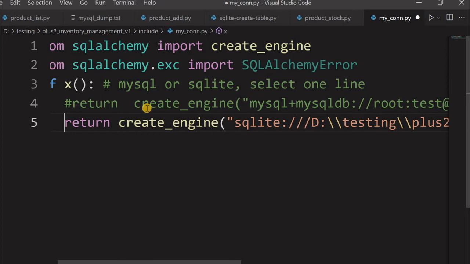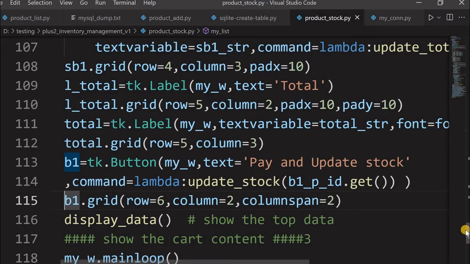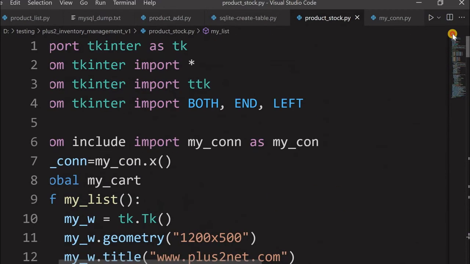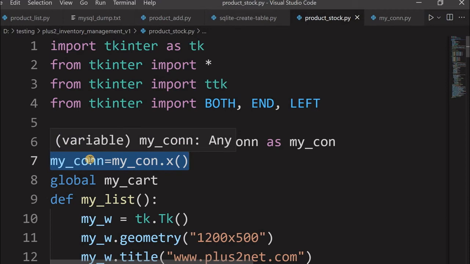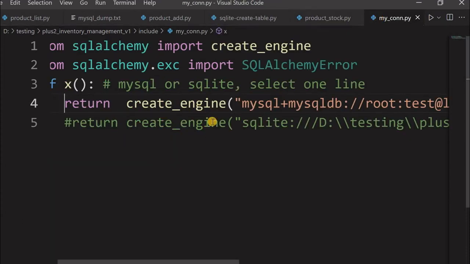But if you want to create your own database, you can. Note that this particular file is used by every page; the 4 pages have it at the top. Let me move up. You can see this line, this imports that, and this is the connection it uses. This my connection is our connection object, which is subsequently used. This is common in all the files. So this my connection is what we return from this function.